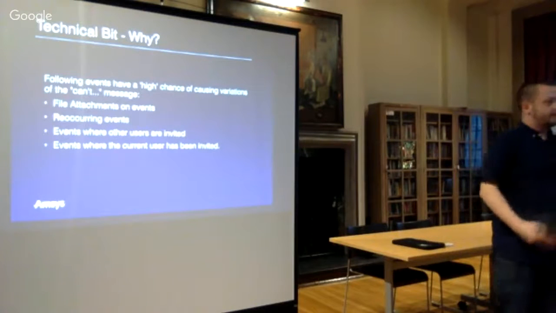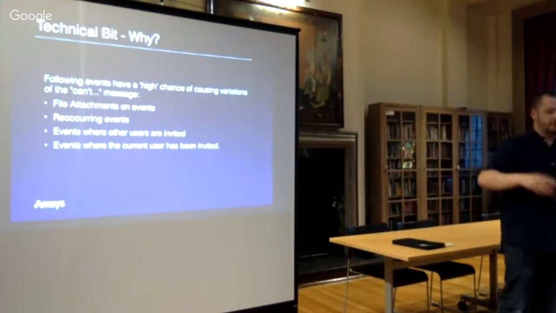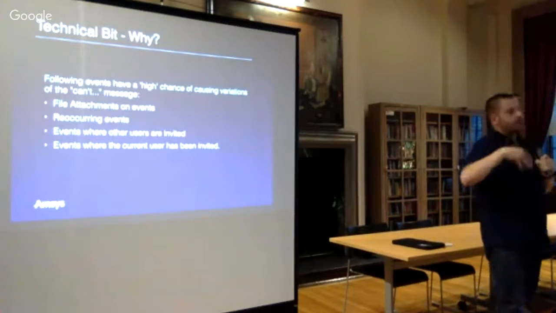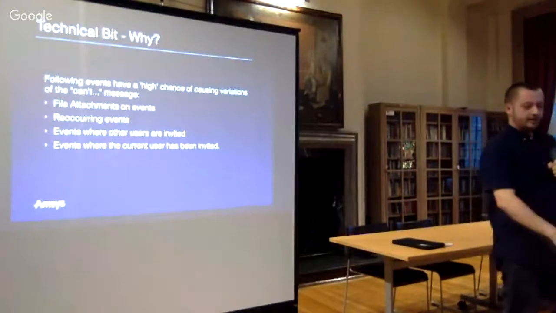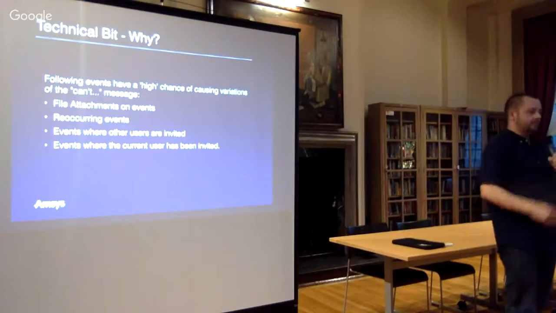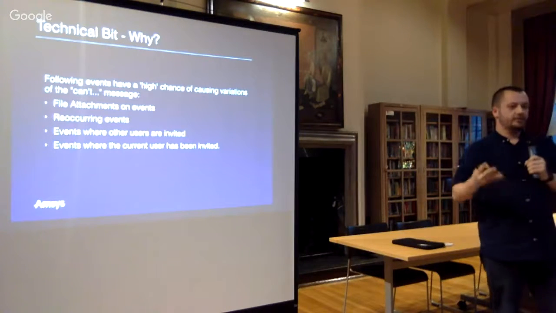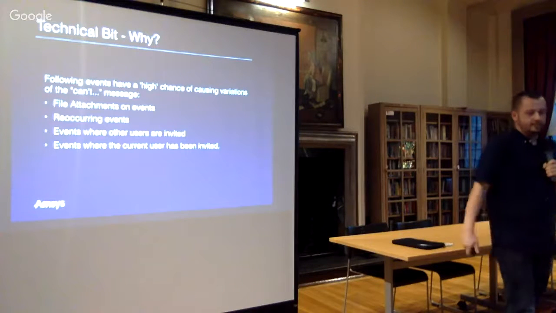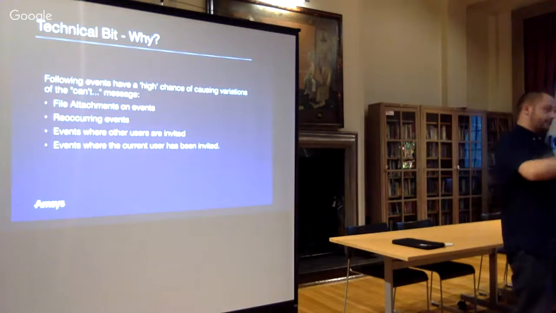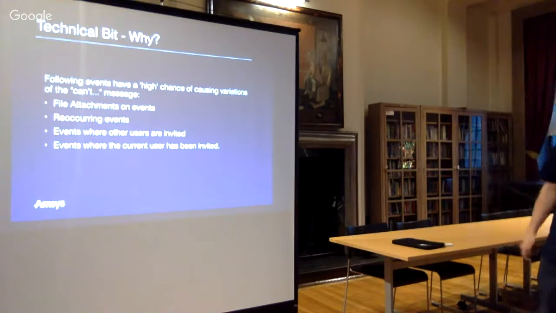Events that recur, recurrent events. Every Wednesday, go to the gym. Events with invitees, so you've arranged something and you're inviting other people. And the last one is events with users and attendees, so people invited to user events. Now, in my experience, those were the 4 key things that were causing 95% of those messages. And rather than sitting there and picking out a revert to server button, the idea was to try and do something about that in a nice automated way.